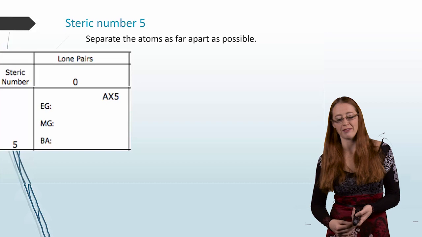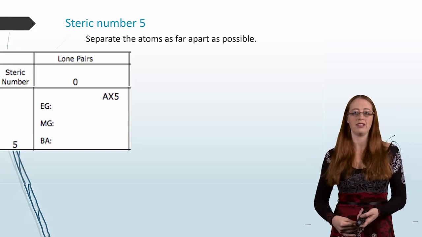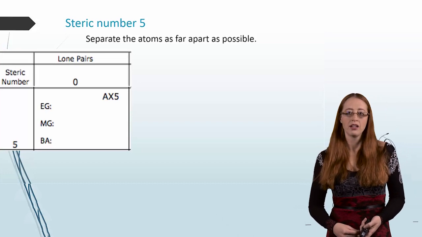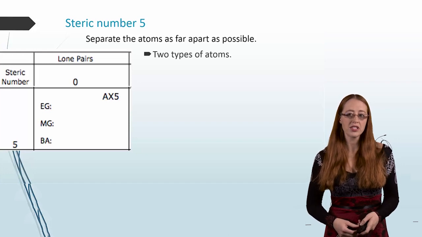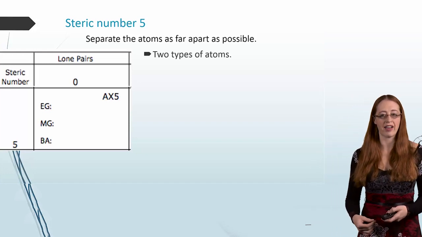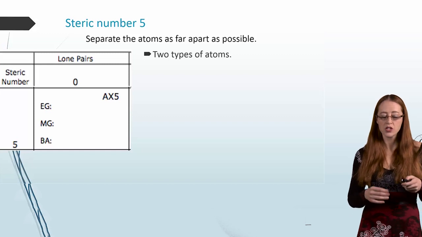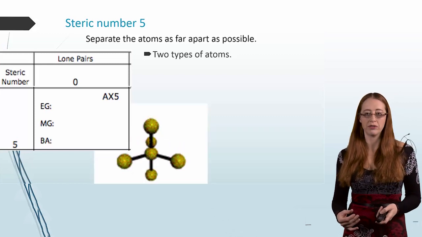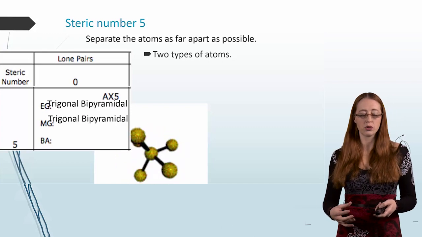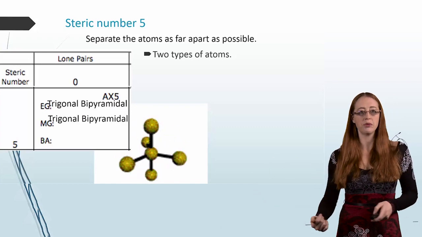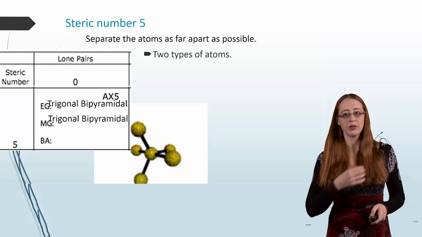Now steric number 5. This one's even a little bit more complicated than the last ones. For this one, we're even going to have 2 different types of atoms that we'll have to talk about. So I think the easiest way to picture this one, I'm just going to show it to you first, is to picture it as sort of a linear molecule combined with a trigonal planar. And if you could picture that,